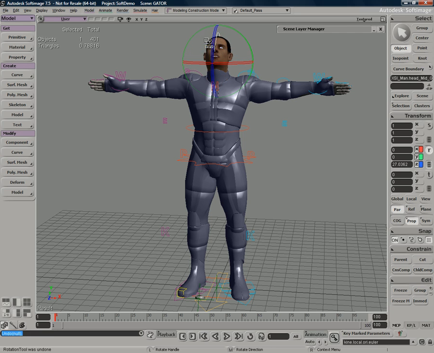So it's really a great workflow for not only the non-destructive, but being able to transfer those assets easily from any object to any other object. So that's just been a quick little lesson on Gator and some of the non-destructive workflow features found inside of Softimage.